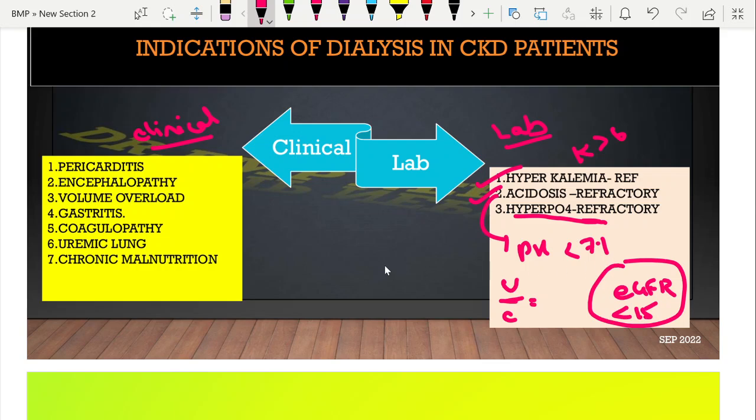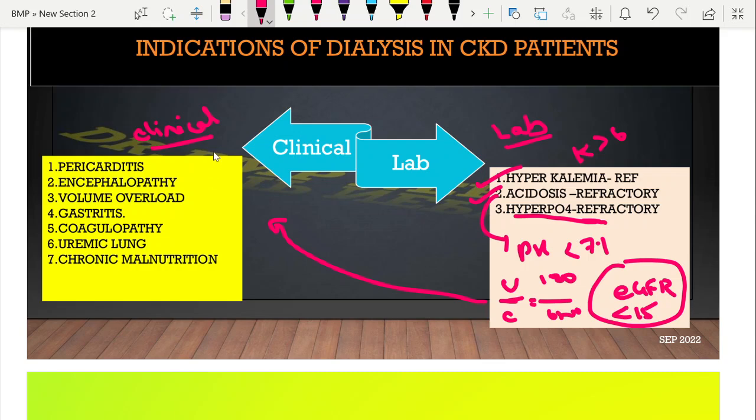There are trials comparing initiation of dialysis at a lower eGFR, that is 8 to 10, versus a higher GFR, and there is no gross difference. This kind of trial question might not be required for the MD resident; I'm just giving it for your info. With eGFR less than 15, you have to prepare the patient for RRT, not start the RRT if it is not required. Urea more than 180, creatinine in the range of 6 to 8,